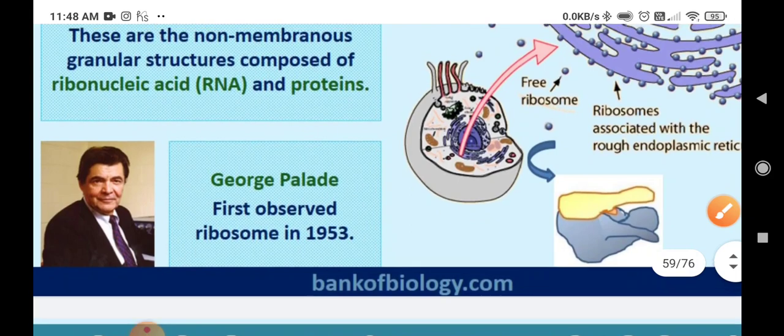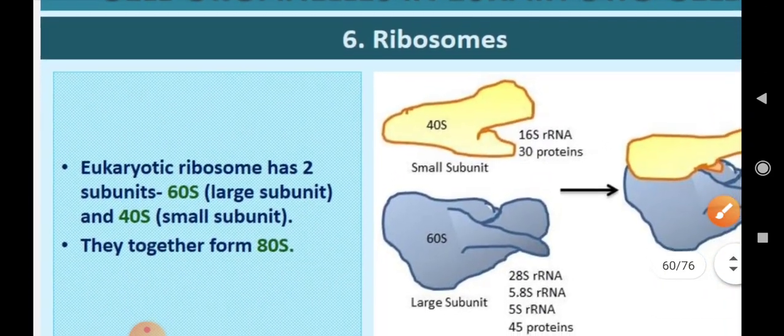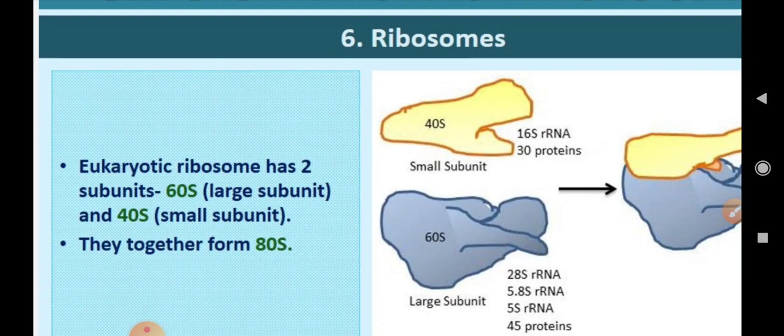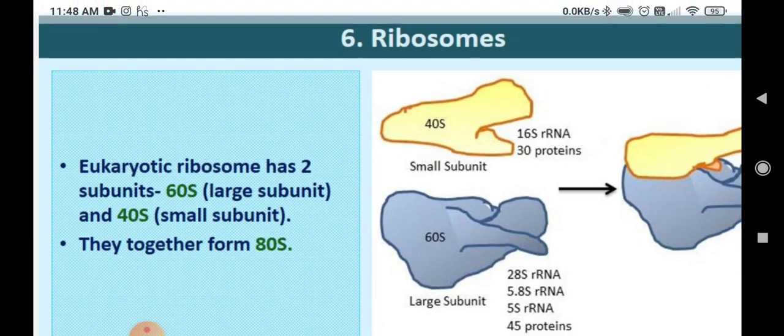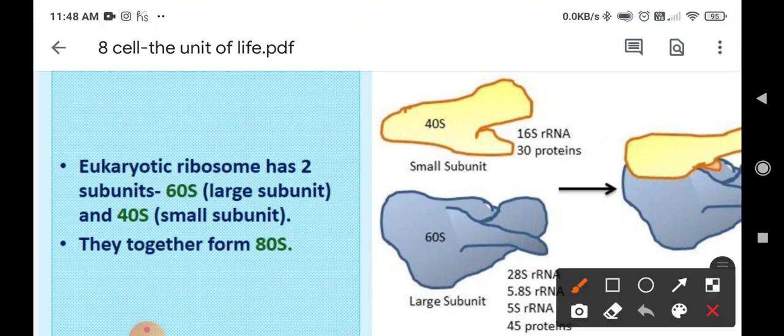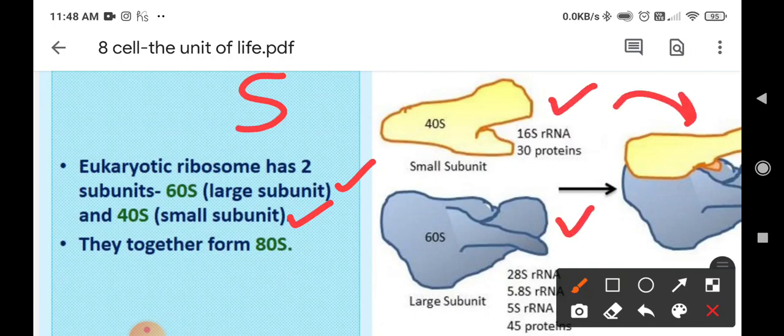Now ribosomes are the protein factories. They are commonly known as protein factories as they help in protein synthesis. Ribosomes consist of two subunits, which we have already discussed: a large subunit and a small subunit. Here also the ribosomes present are 60S and 40S type. Large subunit is 60S. S stands for sedimentation coefficient. So together, the small and large subunits form the 80S ribosome.